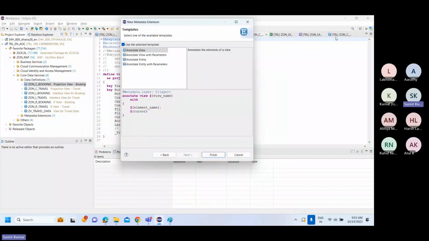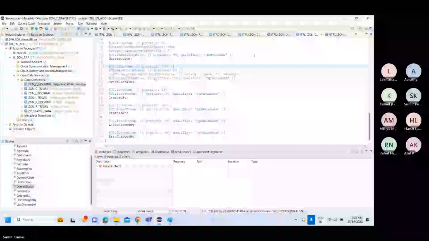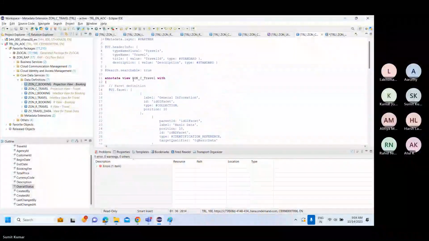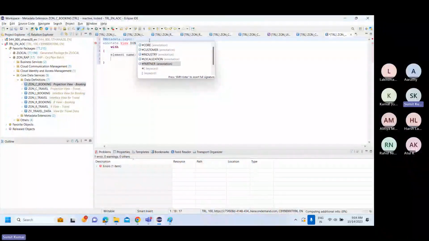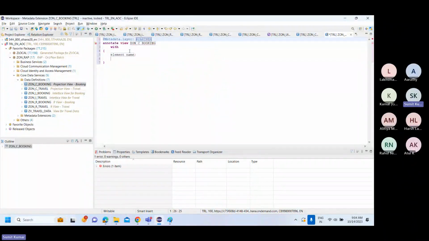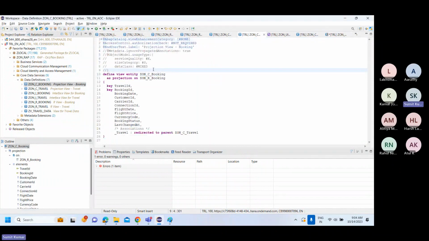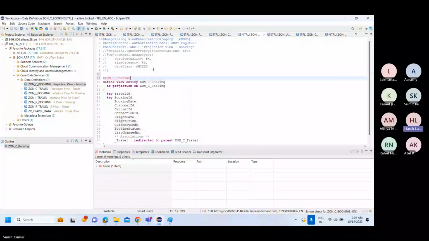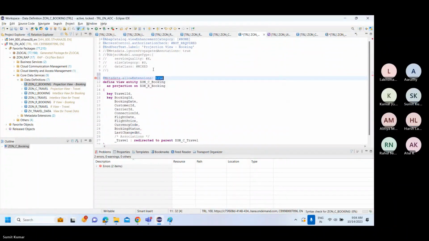I think the term has changed now, if I remember. They are still calling it a view. It's changed. Okay. Now I'll just simply go again with partner, and now I have to specify metadata allow extension on this one as well. On my booking one, I'll just copy this and go on to my booking, and here I'll specify